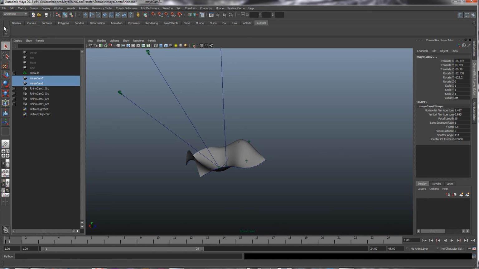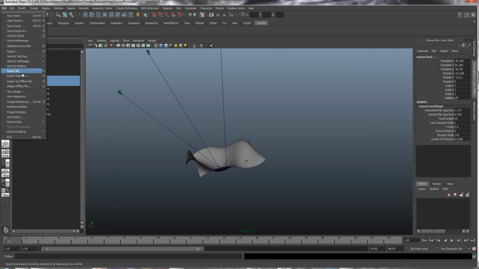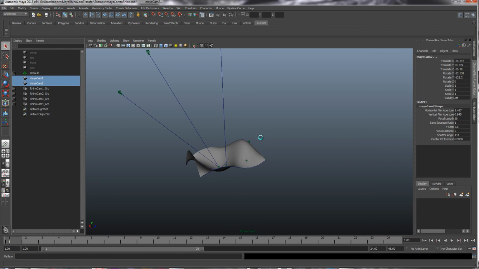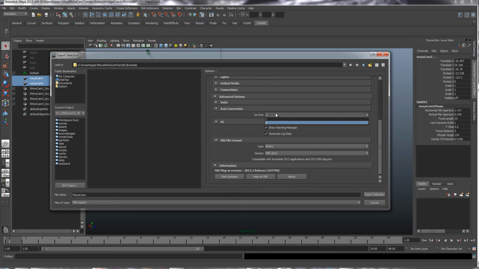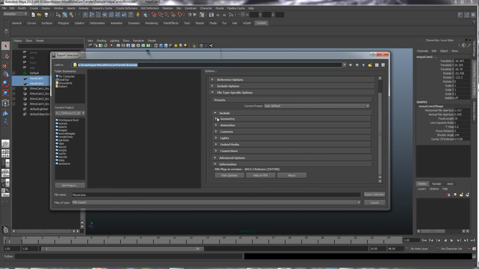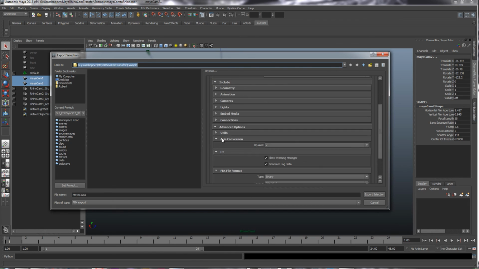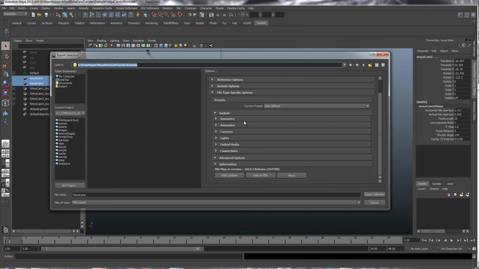So these are cameras I set up in Maya, and export them: export selection as an FBX, and we'll call them Maya cams. And make sure that under advanced you put Z up. So we drop down advanced, we go to axis conversion, and we choose Z up because that's what Rhino is, and we make sure that cameras is checked, and you just say export selection,